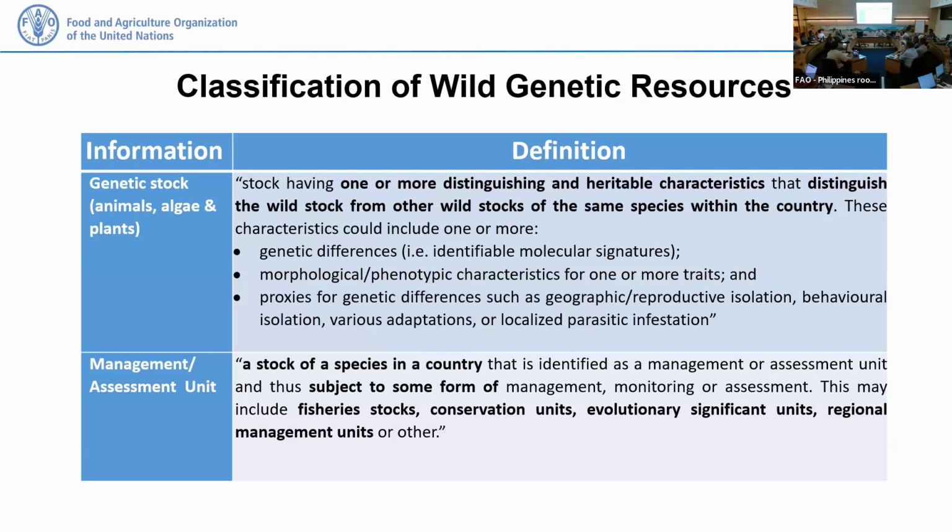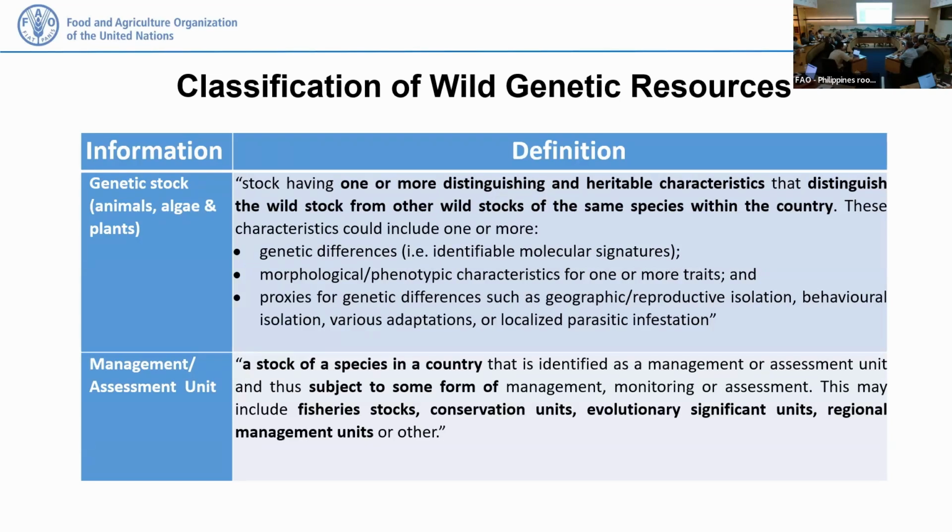So if you have a salt lake, and you know that the Artemia in that salt lake are unlikely to have had any gene flow with any other population of Artemia, then even if you've done no genetic analysis, you can make an assumption, based on what we would believe about evolution, that it is almost certainly a genetic stock. So you don't have to have the genetic data, but it's obviously ideal because that can then